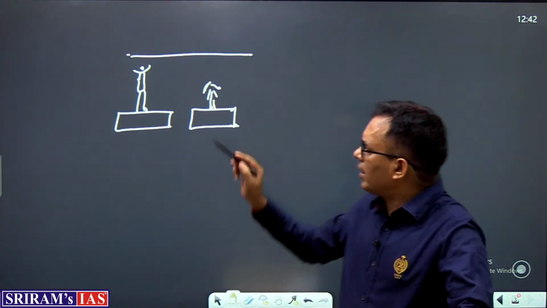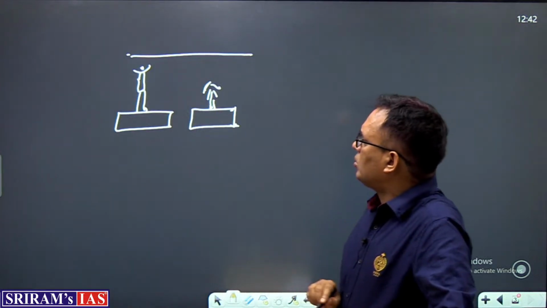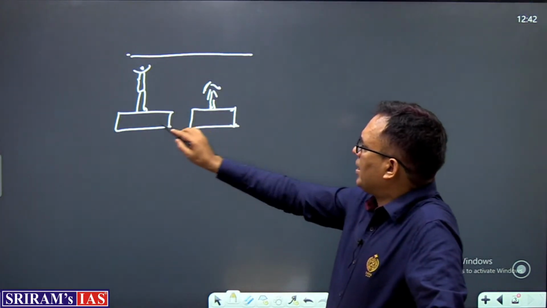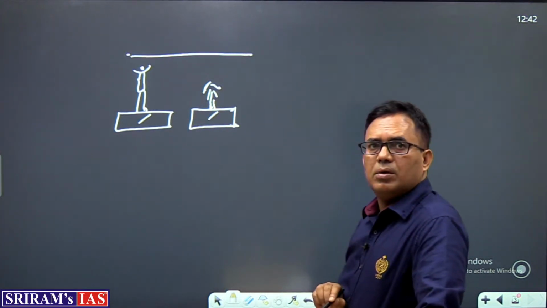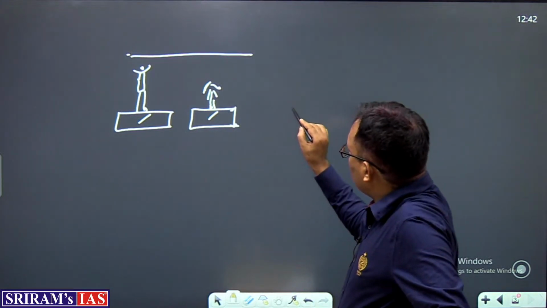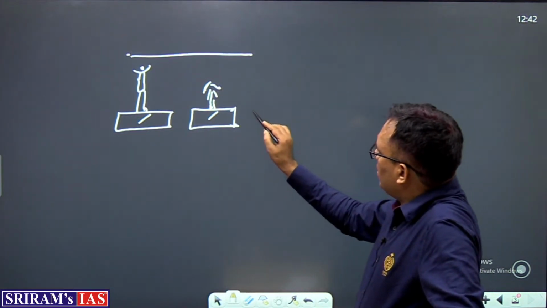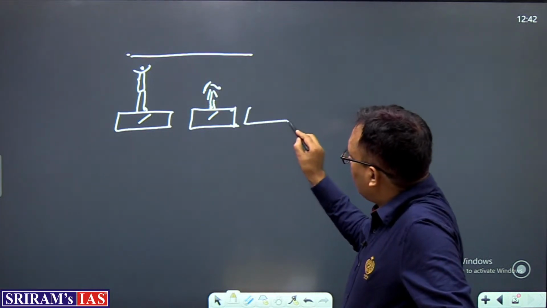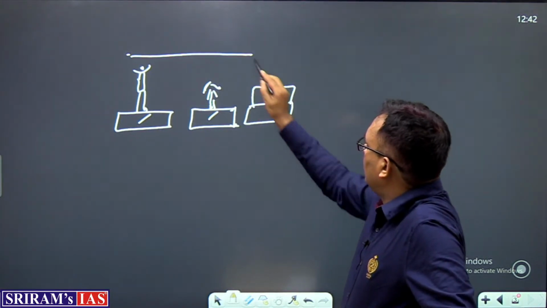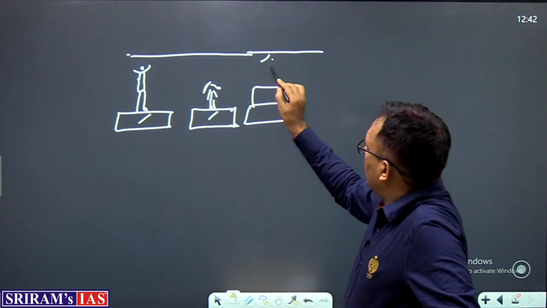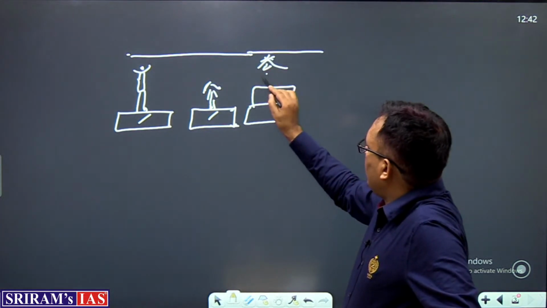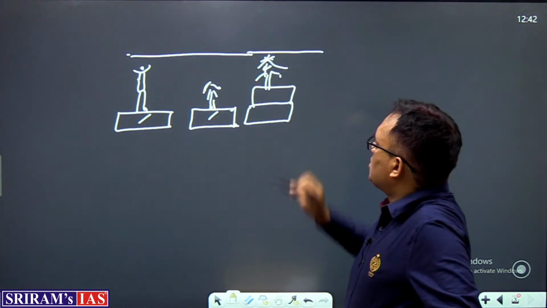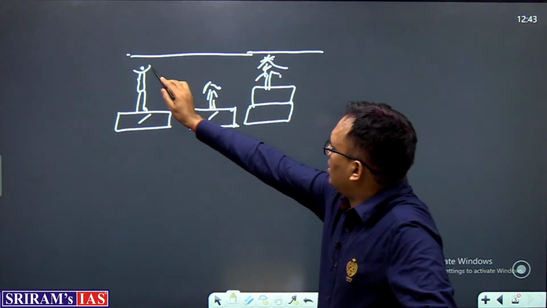So this man can have the better view, but here the platform is common. That talks about equality. When we talk about equity, we simply make some additional advantage to this side, so that this person could be here, this person could be here,